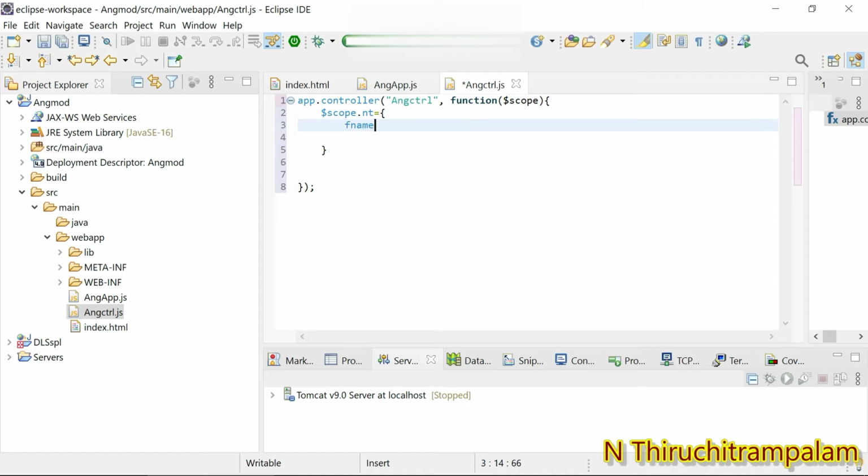So fname colon, this value should be given within double quotes. So Tiruchitram Palam, comma, and then last name I give it lname colon, so n.